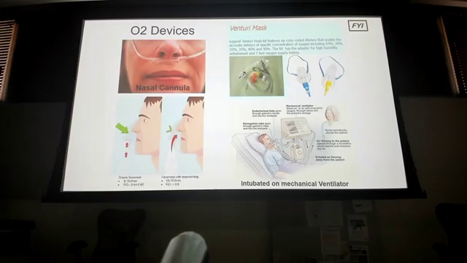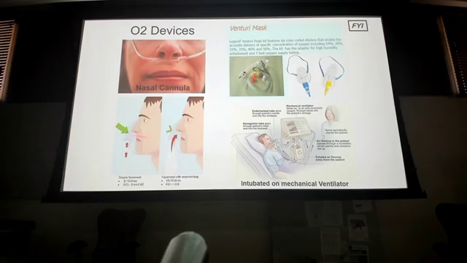But you can also humidify these as well. So plug in your oxygen source to the wall, and then in between it, they have these little humidification devices in there, which may be good for patients. It's more tolerable because it doesn't dry out their noses and give them nosebleeds and make them uncomfortable.